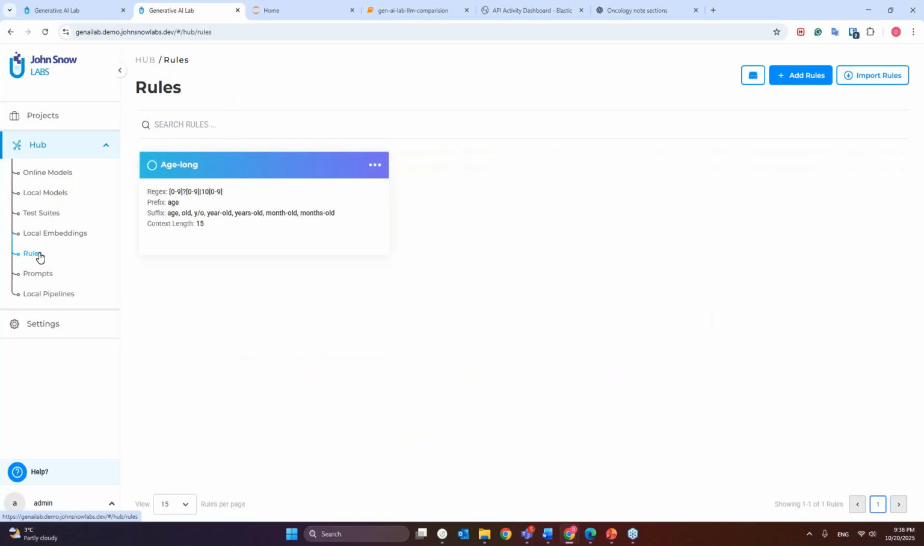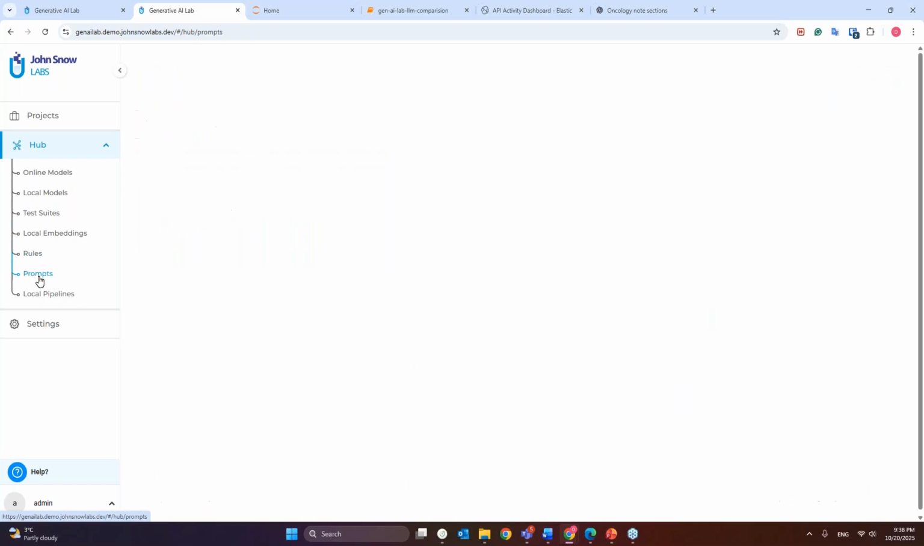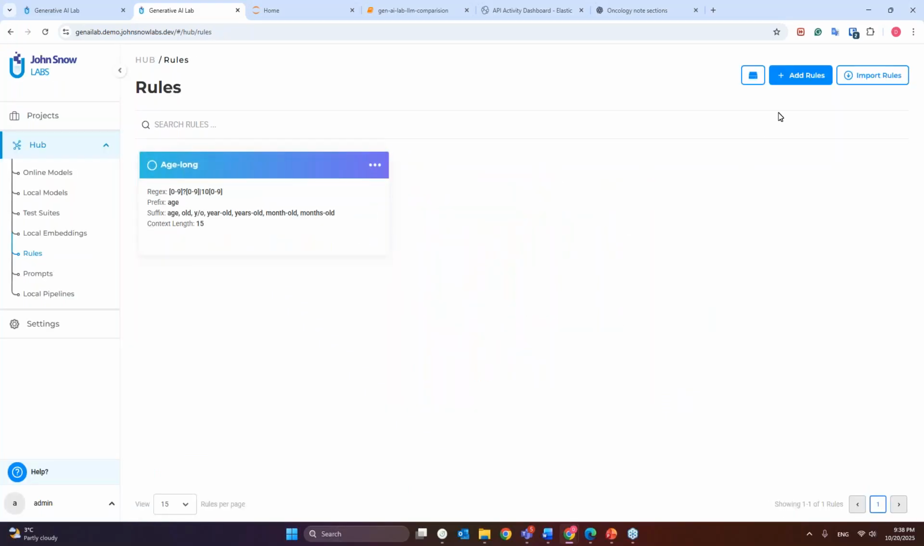Then you have the pre-annotation resources. We have support for rules, and here we support the definition of 2 types of rules: regex-based rules and dictionary-based rules. I have defined here a simple one, which is extracting age for patients based on regex, and then I've defined some prefixes and suffixes. You can add as many rules as you want and then reuse them across your projects. You can also import the rules and export them if you want to move them between different instances of the